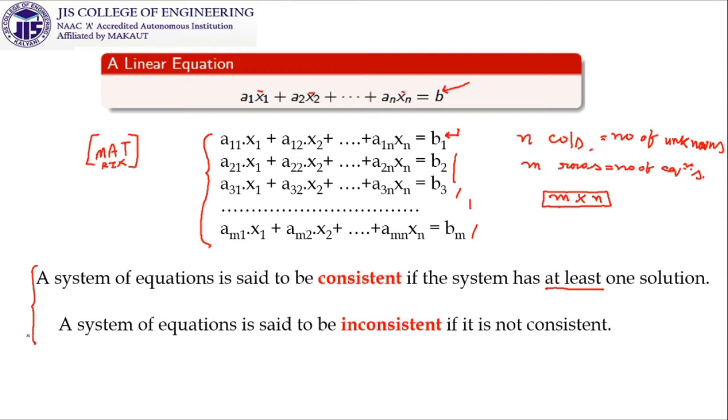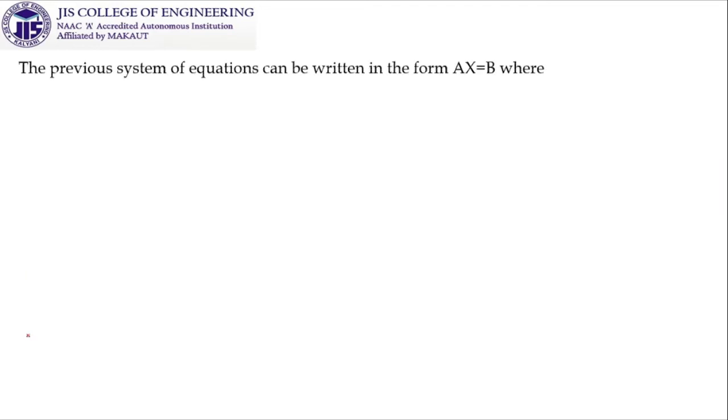Also we have discussed some solutions, but for a bigger system, how to tackle it, we are going to discuss in this class. So the previous system of equations can be written in the form Ax equal to b, which I have already introduced to you, that is the matrix form. Why are we writing it in matrix form? It will be clear to you within a minute.